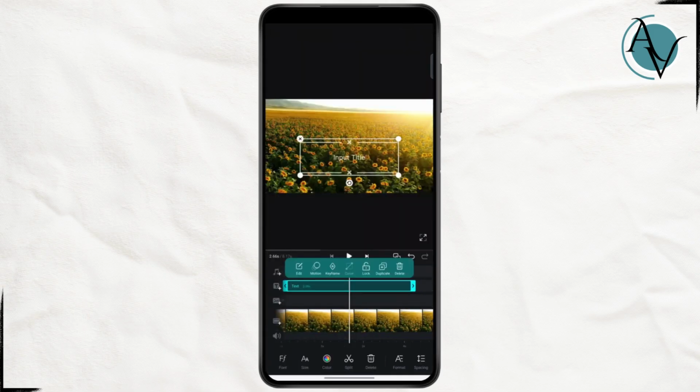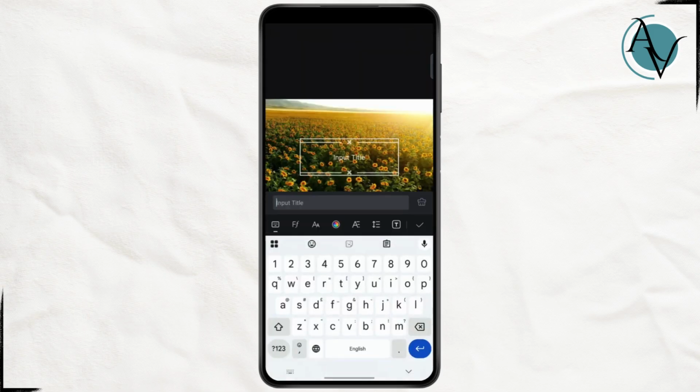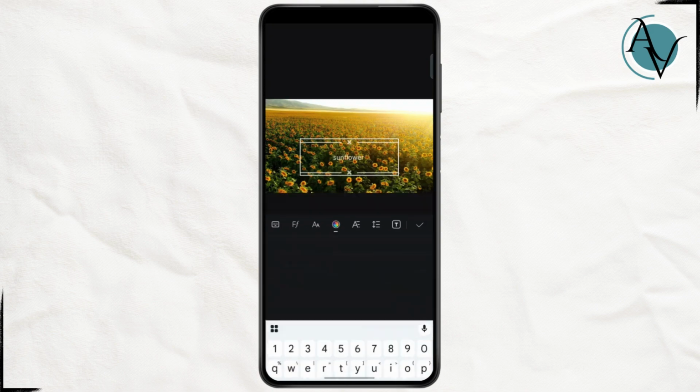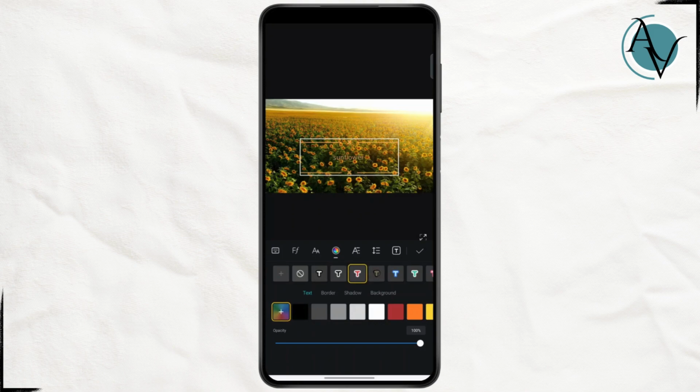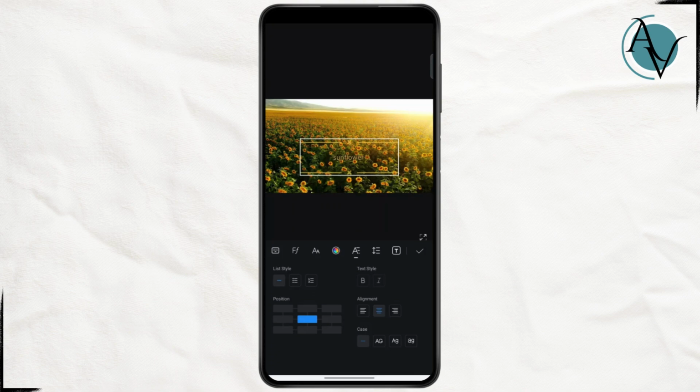So I'm just going to add a video input title. So let me just add something like sunflowers, make it a bit more appealing by adding these kind of texts. So let's just make it yellow, increase the opacity, change the text size if you want, and then tap on